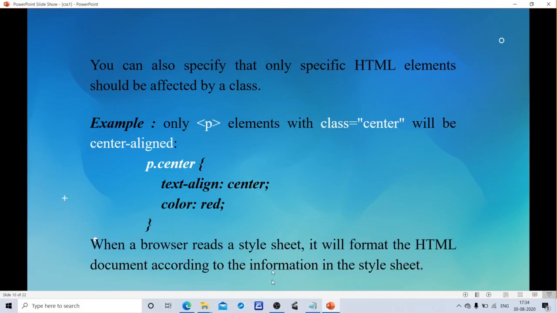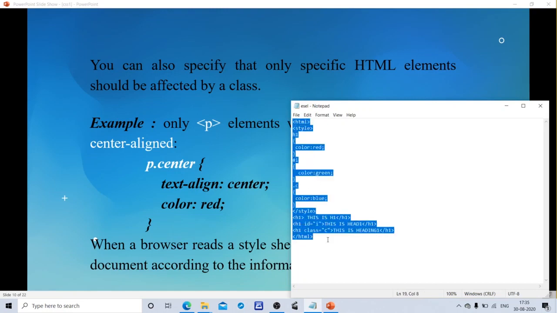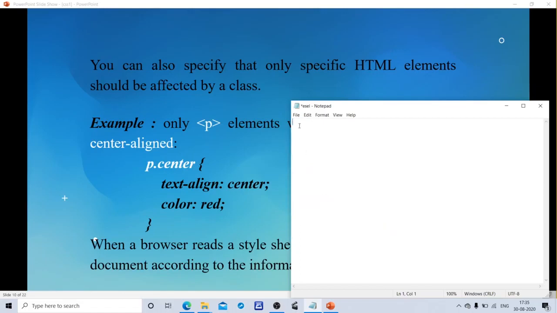Let's see how these selectors execute. Let's start the program for these selectors. In HTML, the tag that is used here is style. How do we write the CSS syntax rule? Selector and declaration block.